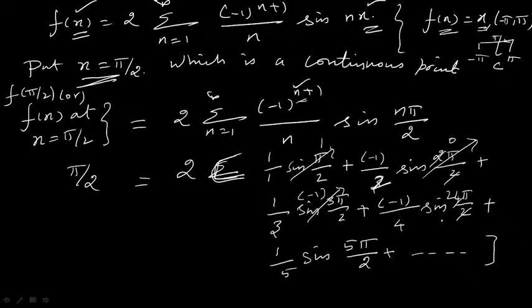You know the value of sin n pi. Sin n pi is 0. So this term is 0. Next, sin 5 pi by 2. Sin 5 times pi by 2 is nothing but sin 4 times pi by 2, which means one rotation, over 5 pi by 2 is nothing but pi by 2. The value of sin pi by 2 is nothing but plus 1. Shall we replace all these values of sin with values? So that is pi by 2 is equal to